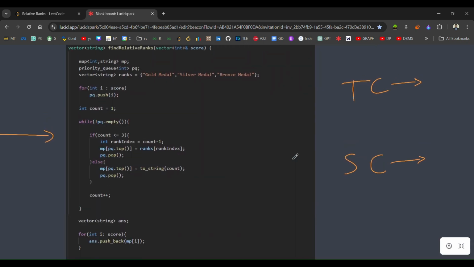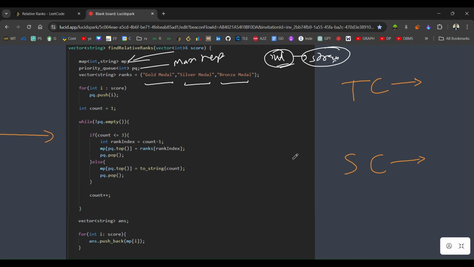So the code is pretty simple. I'm keeping track of the map that is from int to string, right? What is int? Int is basically the score, and this string will be the ranking. Then I'm using a max heap, then this thing, right? So this thing we are going to use it later on. So first of all, I will just iterate through all the scores, and then I'm going to push them in the max heap, and then I'm going to iterate inside this max heap, and I will check whether the count is 1,